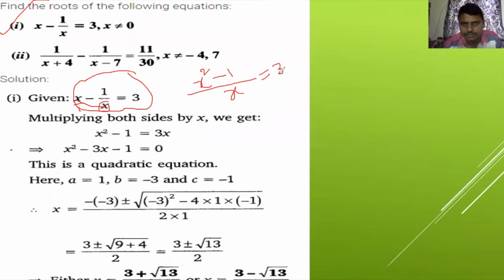After that, I will do this side denominator, if you multiply, it's coming product. So it is 3x. So right after that, in standard form, x square plus 3x, transpose this side, minus 3x, and minus 1. Because root 13 is not a perfect square, children, keep it in mind. So you have to leave it like that only.